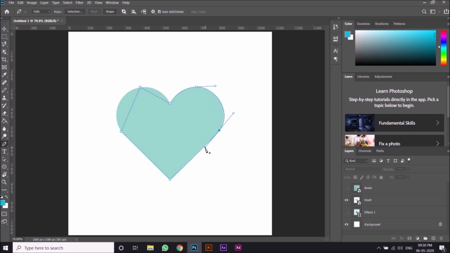Yeah, this seems fine. I'll click control, click on this, and then alt, and then I'll drag it like this. This seems fine. I'll just change it right here. Click control and then alt, and then drag it.